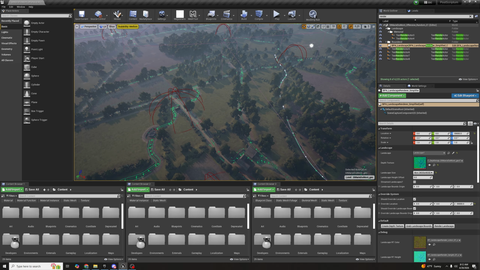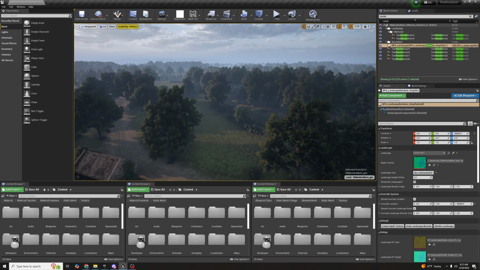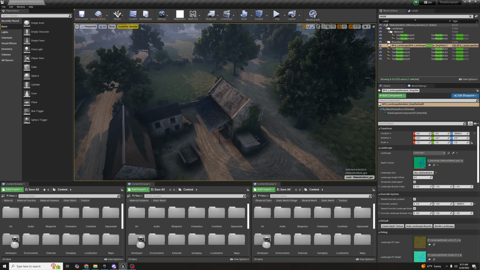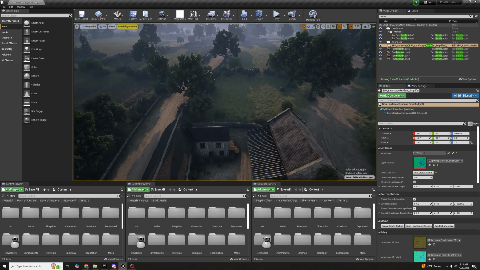And then the last thing we have is foliage. So foliage, obviously it's trees and bushes and things like that, but it doesn't have to just be that. You can pretty much turn anything into a foliage actor, and it's very useful for things you want to paint on in a more random way. So when we're placing objects like houses and sheds and wagons, we are placing them and we are choosing exactly where it goes, exactly how it's rotated, all that stuff when we place it,